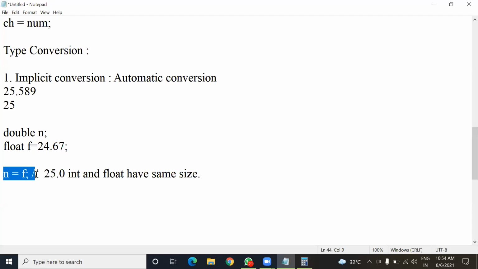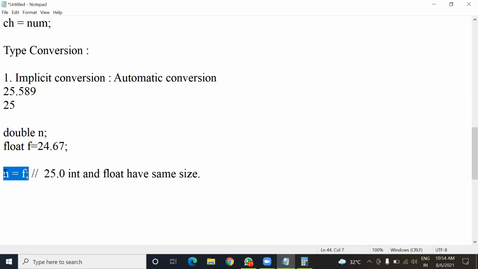So once again check the size and range. Which data type has more size and more range, double or float? Double. So now these two data types differ in size, and implicit conversion will take place when a smaller data type is stored into a larger data type.